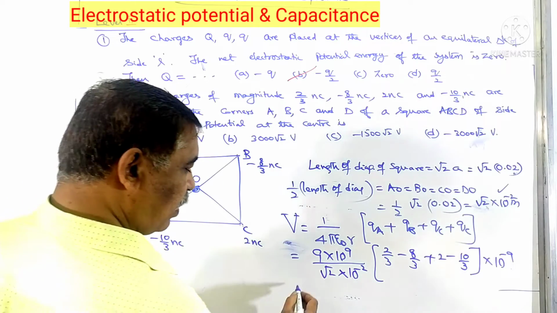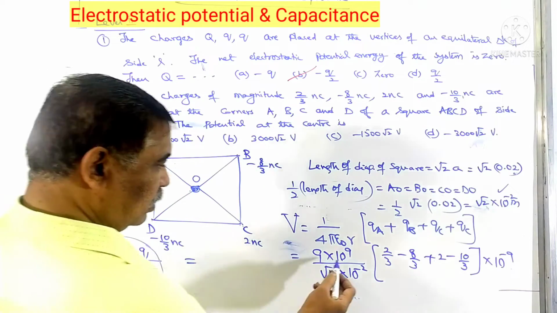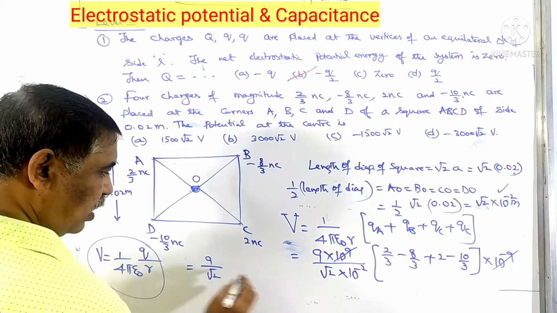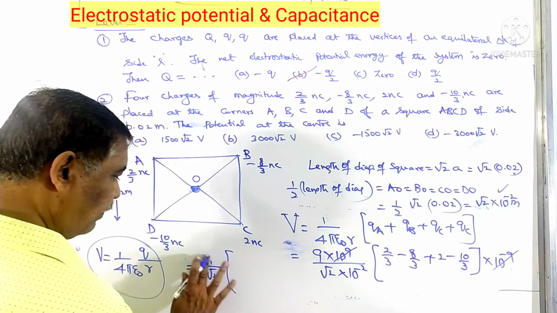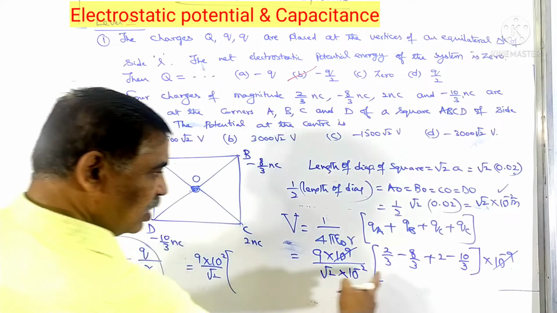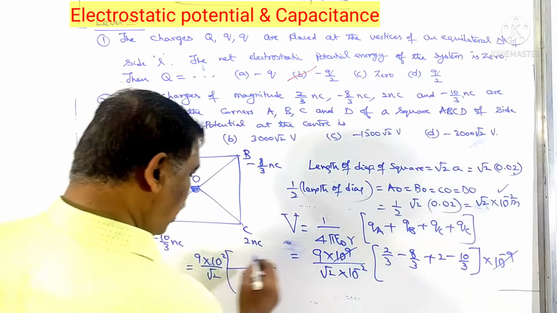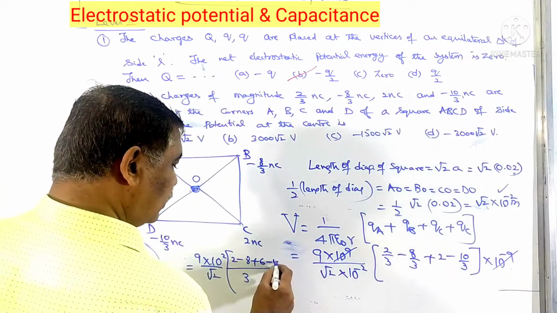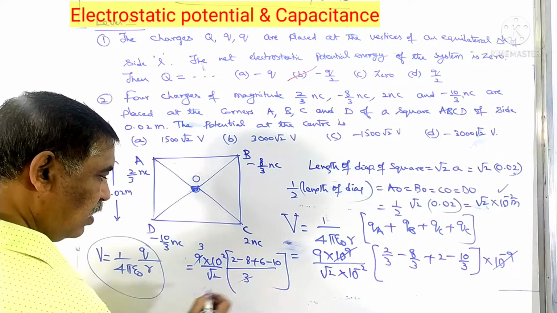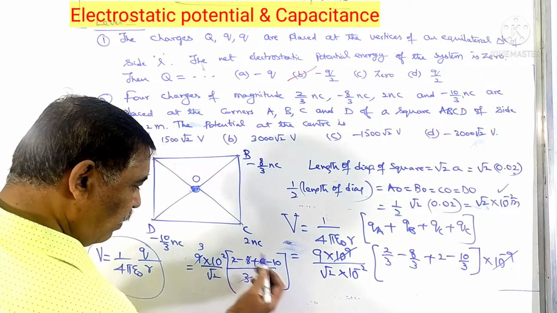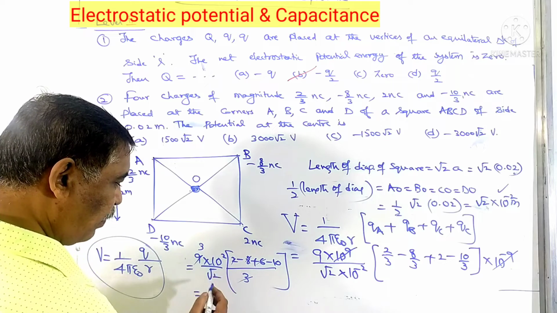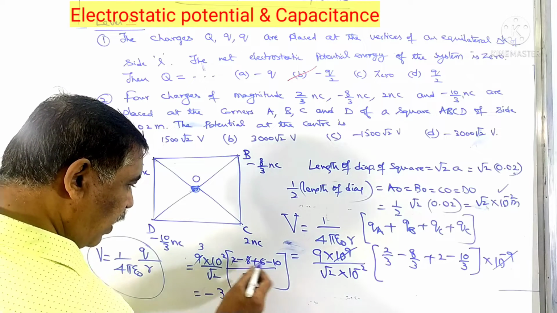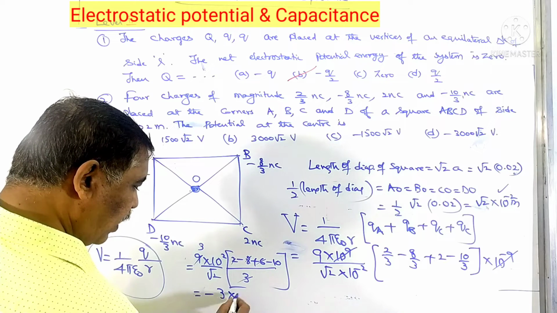Now simplify. To simplify, just observe one thing. Here 10 power 9 and 10 power minus 9 cancel. 9 by root 2, like this 9 by root 2. Now let us see. Here 10 power minus 2, bring it up. That gives us 10 power 2. And 9 into 10 power 2 will be there in the numerator. Here what do you do, take LCM 3. So numerator 2 minus 8 gives 6, plus 6 minus 10. Simplify. So now 3 here, 2 minus 8 plus 6 all cancels. Here minus 10 comes. So taking this minus outside, 10 into 10 power 2 becomes 10 power 3. Here there is a 3 and a 3, 10 power 2 into 10 power 3... right, 10 power 3